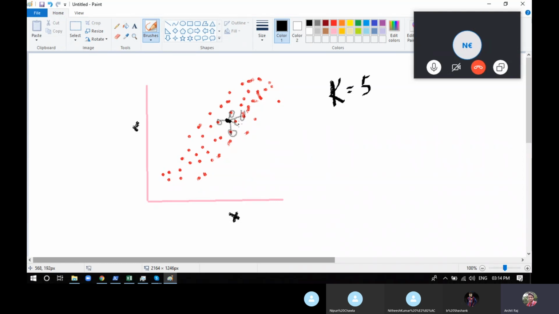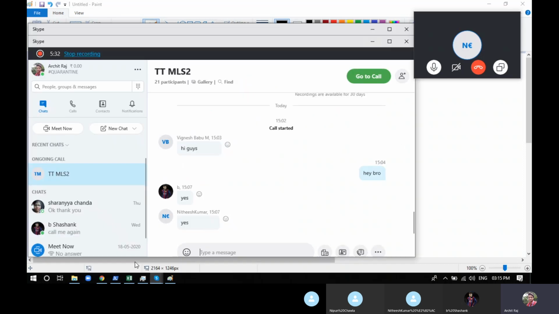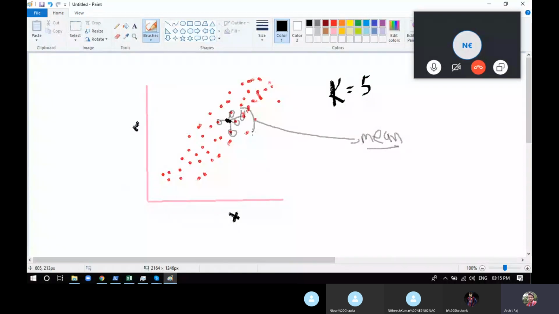What we'll do is, we'll just take all these 5 data points and find the mean of all those data points, and this will be the value of this particular data point. That's it. That's what you do in regression with k nearest neighbors. But most of the time you don't generally use nearest neighbors in regression. It's most commonly used in classification. But just to let you know, if you want to work with k nearest neighbors in regression, this is how you do it.